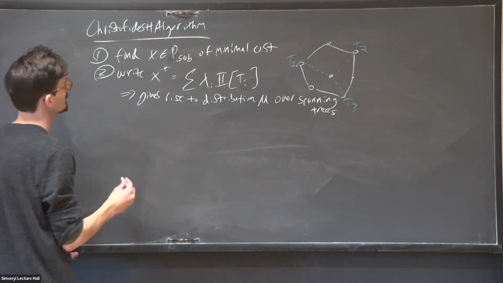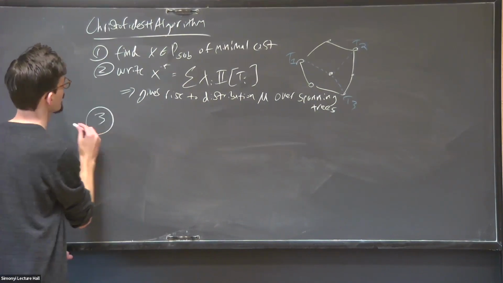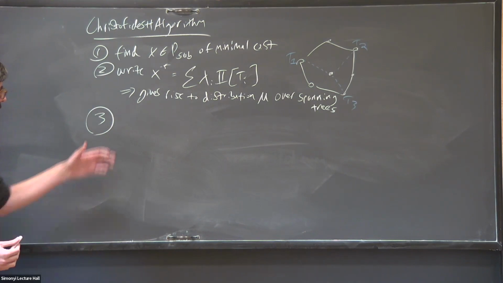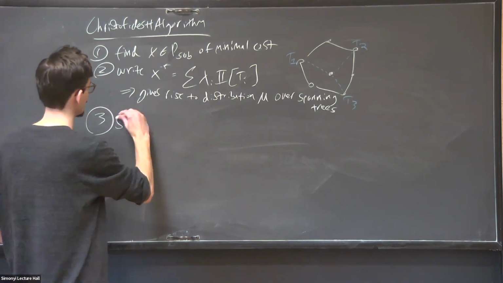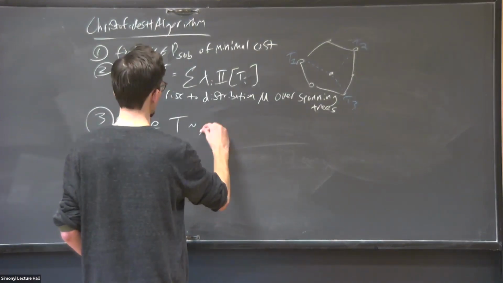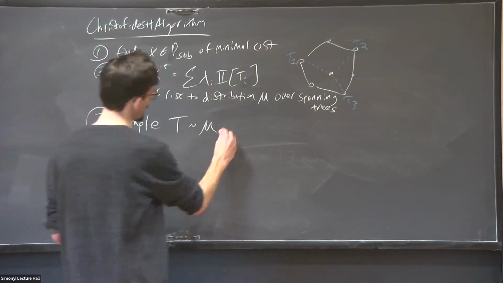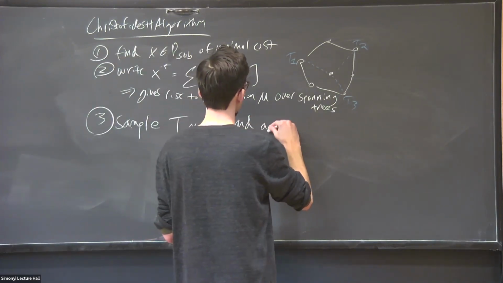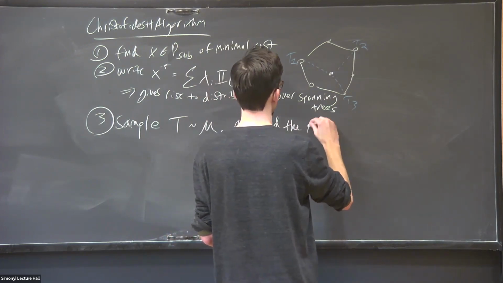Good, and then my third step is kind of the thing you would like to do once you have a distribution over spanning trees. You'd like to sample one. Sample T from mu. And then do the same thing as Christofides, and add a minimum cost